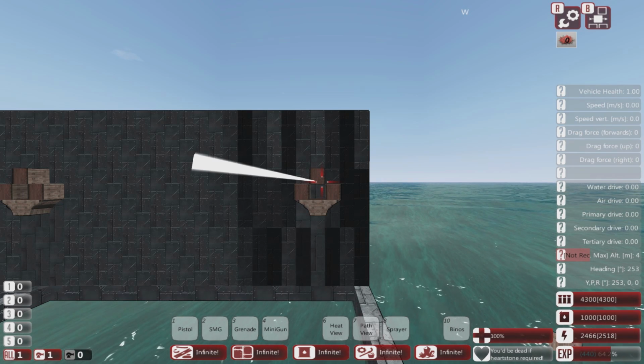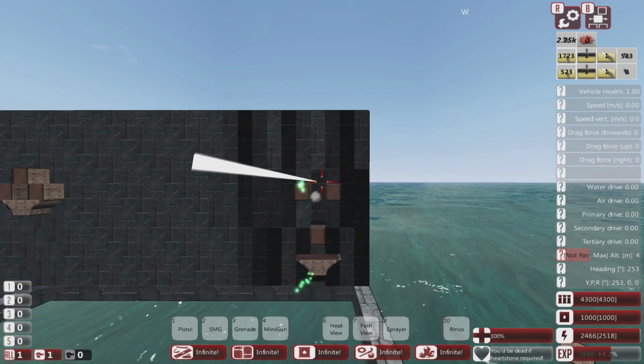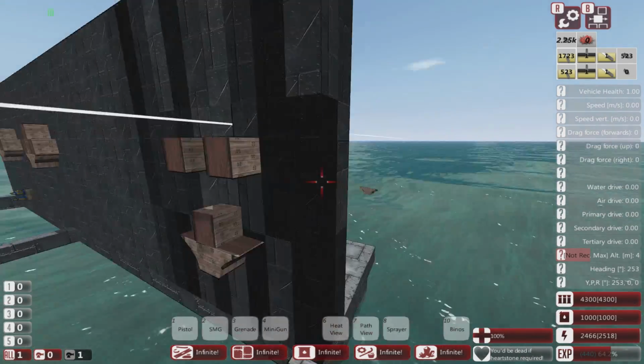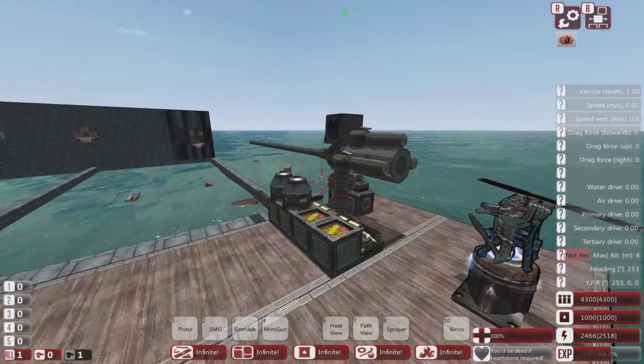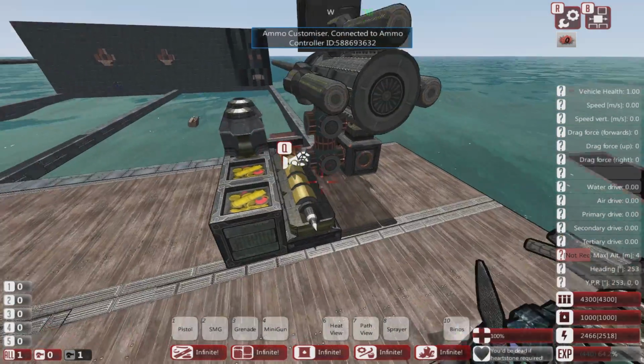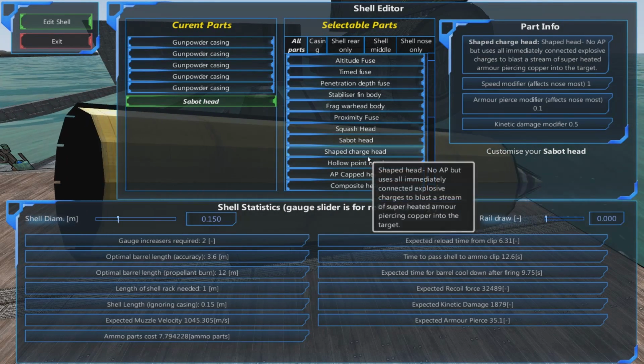So, third shot, just to see which is the average for us at the moment. And again, only one block being taken out, not penetrating. So it's good, but not a guaranteed hit. So my view at this moment is